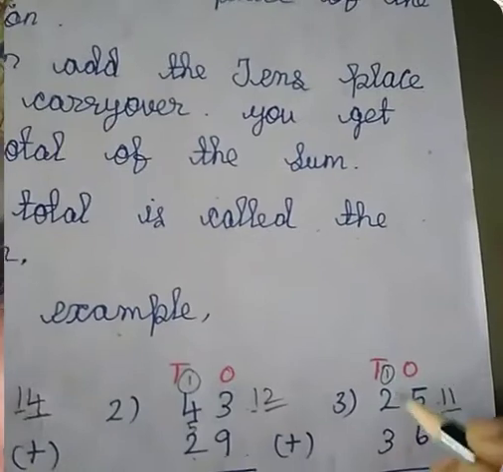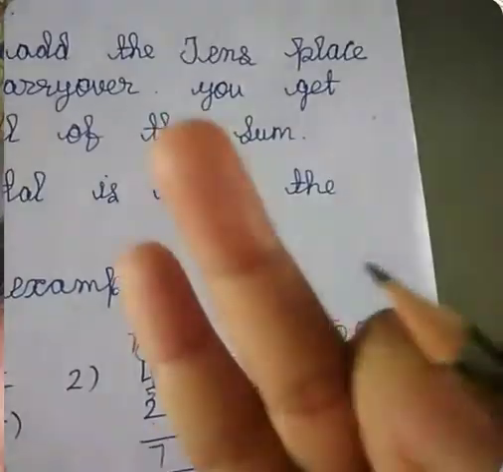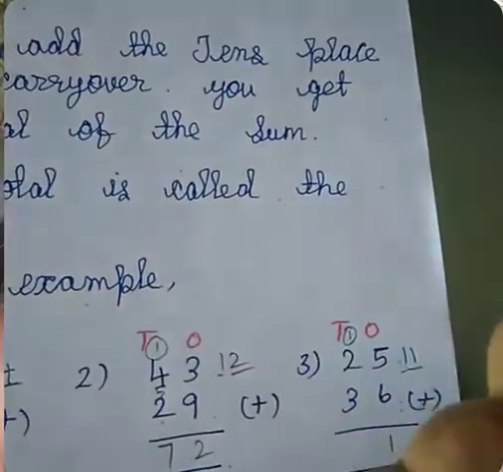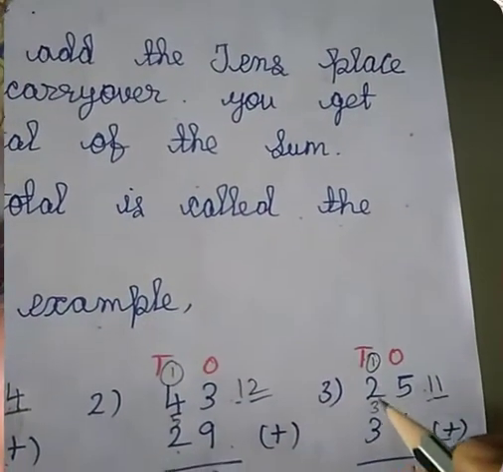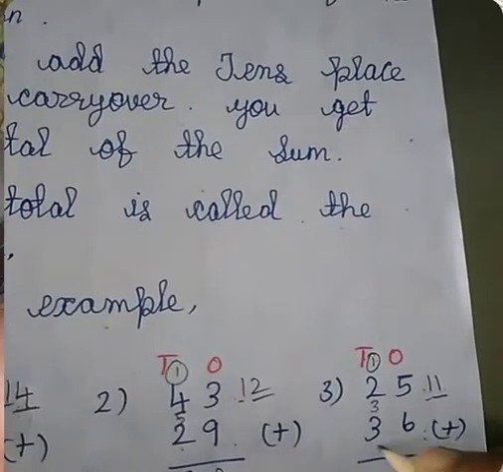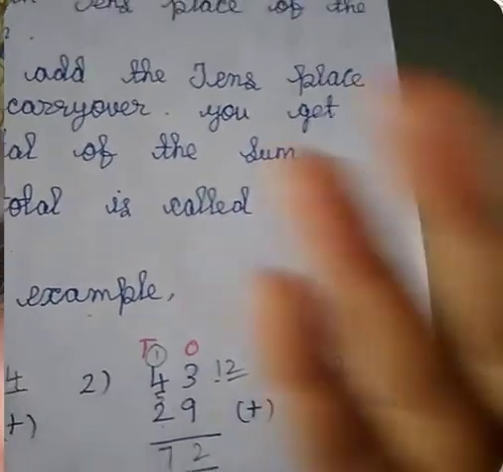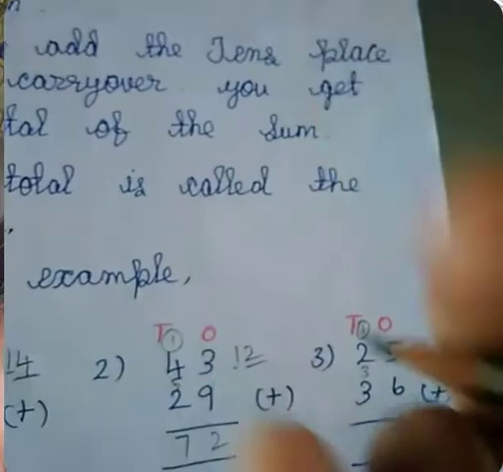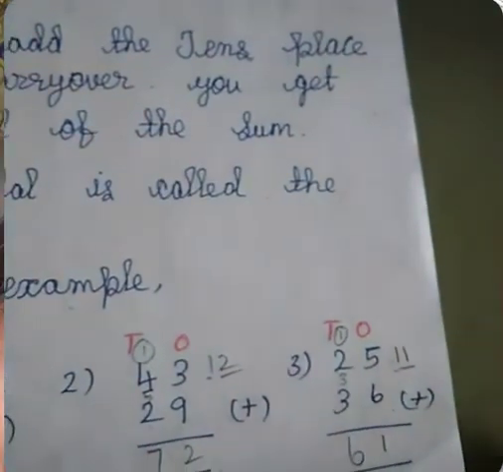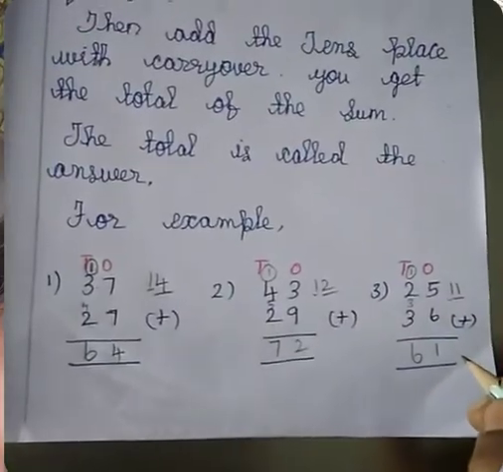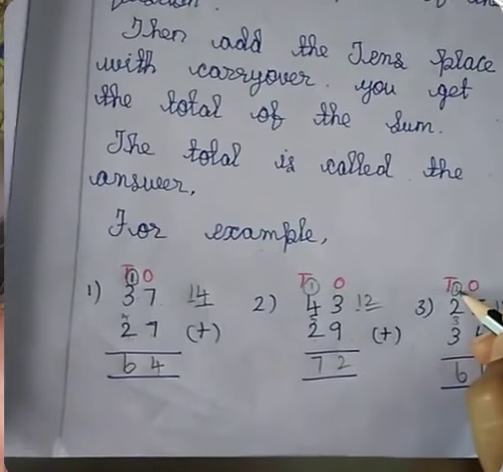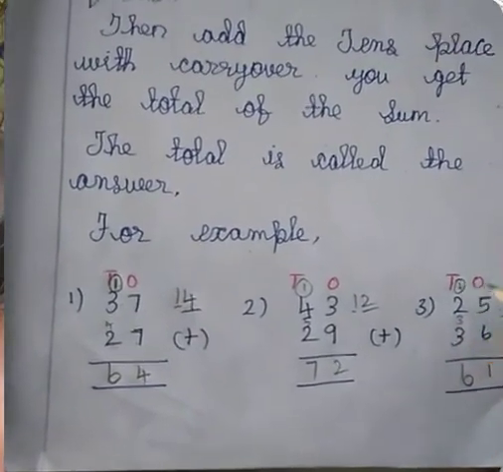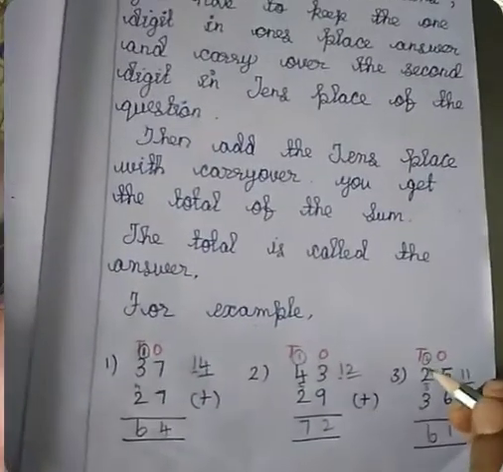First add these two numbers, 1 in the mind, 2 in the finger. 1 after 2, 3. Write 3 in the middle of these two numbers and add these two numbers again. 3 in the mind, 3 in the finger. 3 after 4, 5, 6. What is the answer? 61. This is called addition with carry over. The number you keep in the upside of the tens place is called the carry over. These sums are called carry over sums.